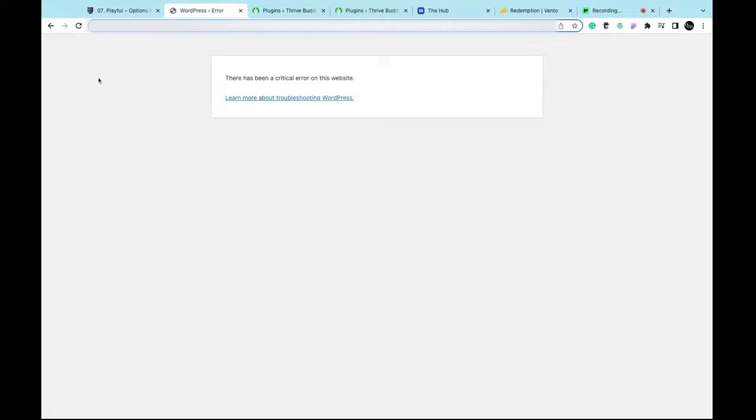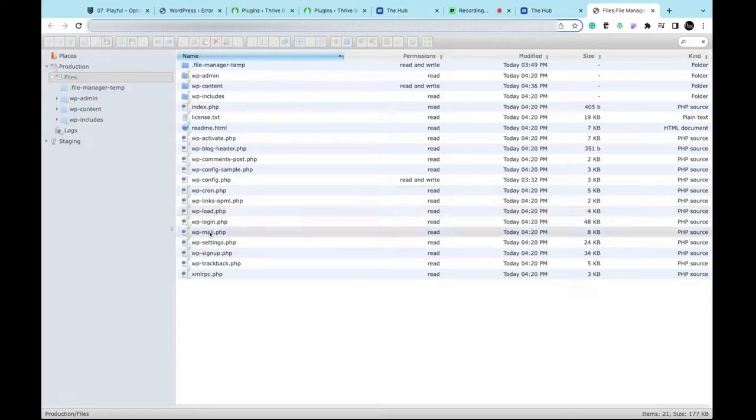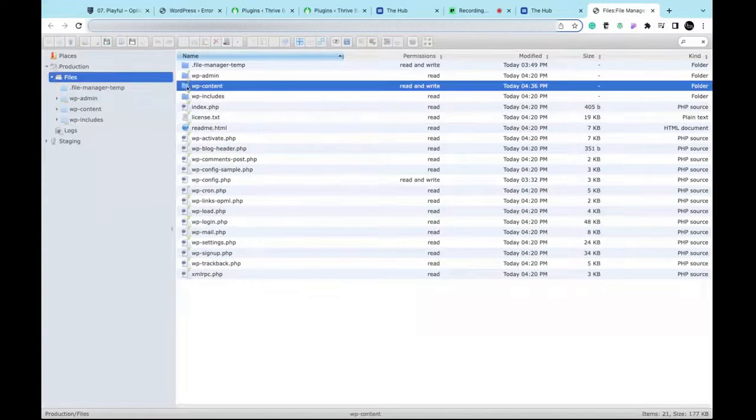But how do you do that when you can't get to the back end and this is all you see? So there's a couple of ways of doing that. The first one is if you have access to your hosting, you can go into your file manager. Wait till it loads, and you can see all your files, and you can go to where it says WP content,